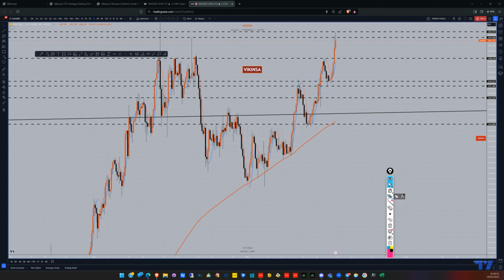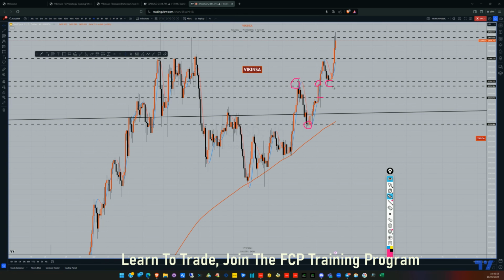As you can see, last time the market actually fell down from here all the way down to this level, and then found a little bit of support here, got stuck here, found support here, went and fell down from here. Now these are not specifically support and resistance, these are FCP levels, and the market has now started to fall from here, approximately here. So this is a very good level, because it has violated the previous high here.